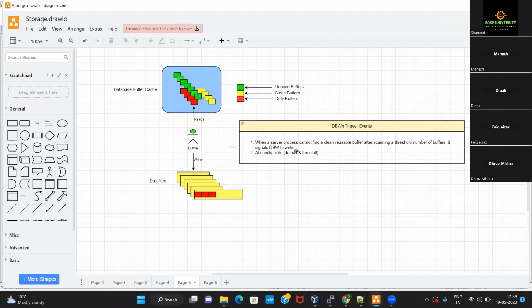At the same time, there are other internal triggering events in the database which will signal the DBWR that it should write the dirty buffers from the buffer cache onto the data files. One of them could be the one that you have mentioned, that a backup has been triggered. Clear with that?